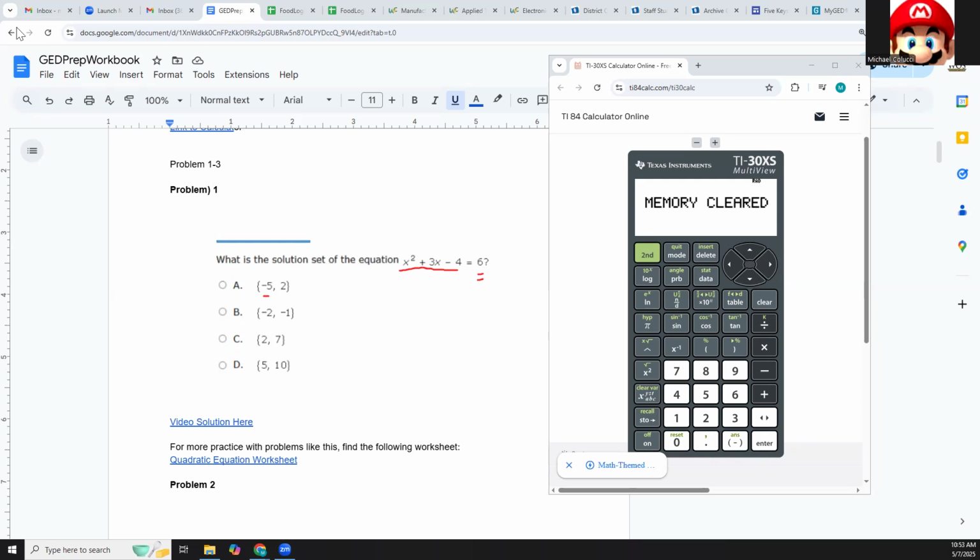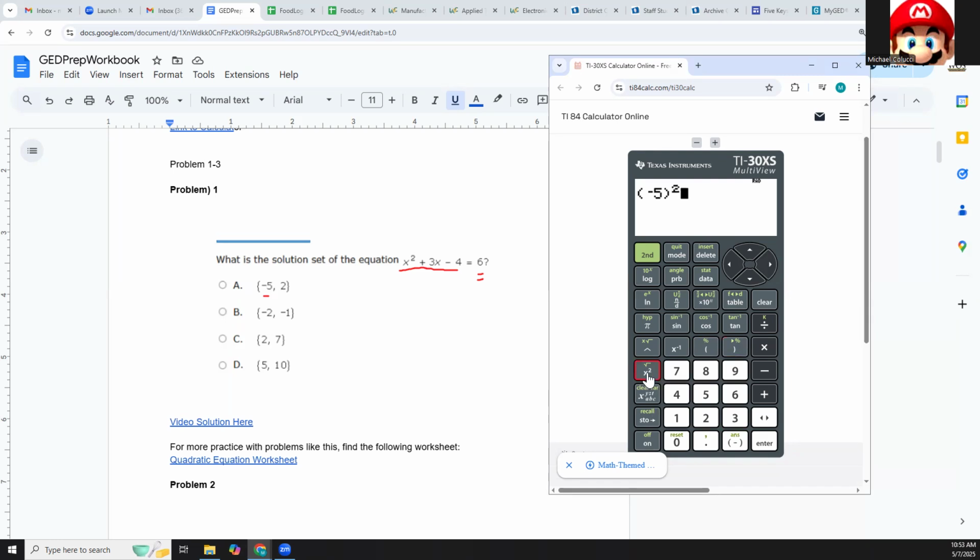So this is what it looks like. Every time I see an x, I'm going to use a parentheses so that I know I'm inputting the correct thing. When I see a negative, like this is a negative here, I'm not going to hit the subtraction sign because that's going to give me a faulty answer. I'm going to use the negative sign, which is down here, just to the left of the enter sign. -5